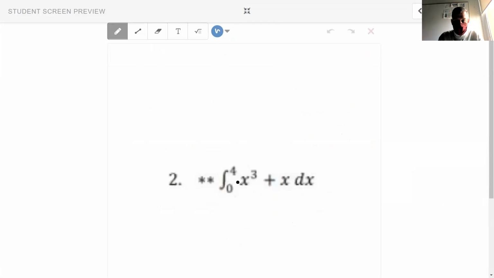Number 2, antiderivative. Once again, this tells me that we're doing the antiderivative. If you need to remember the antiderivative or the anti-power rule, that's the opposite of the power rule. So this is how it works. If I integrate x to the n, we're going to add 1 to whatever that power is. We're going the opposite order. So instead of subtracting, we're going to add an exponent, and then divide by that same exact